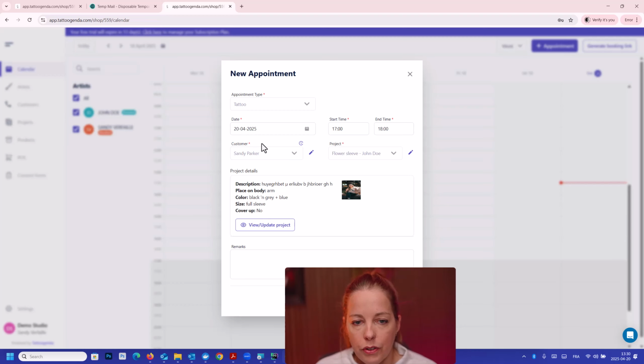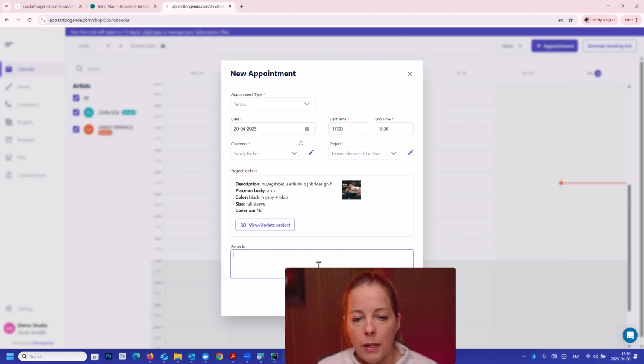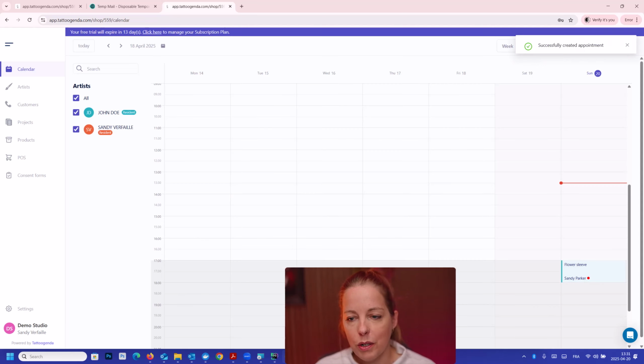What else? For this customer, you see the history icon again. So this customer has only one project and nothing has been paid yet. So here you see the one project and the €0 that have been paid. In an appointment, you can add some remarks. You can fill out whatever you want there. I don't have very exact examples for that. It's just a free input field. In my opinion, you should always fill out everything in the project fields. Voila, I will save this appointment for now.